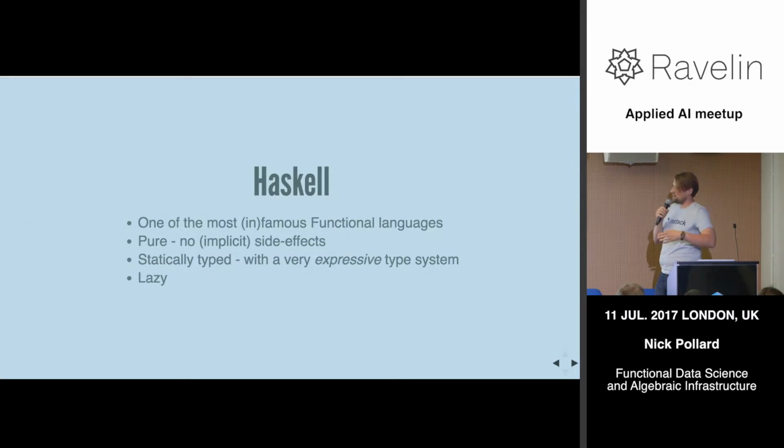So I'm going to talk very briefly about Haskell, which is my kind of computer science poison of choice. This is, depending on your point of view, either one of the most famous functional languages or the most infamous, or possibly both. And one of the most important things about Haskell is that it's pure. So talking about the referential transparency, Haskell functions are pure, so they always return the same thing for the same inputs, but at the same time, they also don't change anything else. A Haskell function, if it returns a value of integer or text, is not at the same time going to wipe your hard disk or delete your database or email something to the Russians.